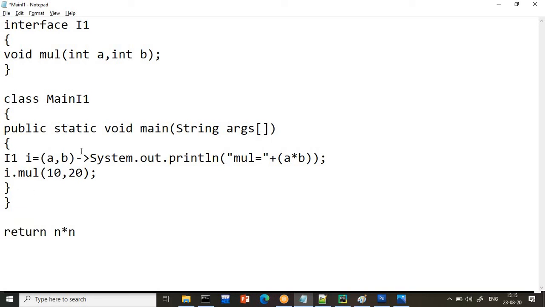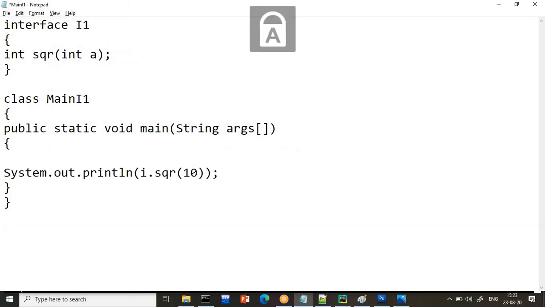But in the lambda, if you want to write the same thing, you need not do anything. Just I will write here, let us say I want an integer square, sqr. I want only one number, I will take integer n. Then I will write I1, I is equals to n, this lambda expression n into n. So what will happen? Because it is returning the value, we will write here n into n. n is whatever variable we pass, the multiplication will be done, nothing but the square, number into number. That value will be assigned to I, and from wherever it is called it will be replaced.